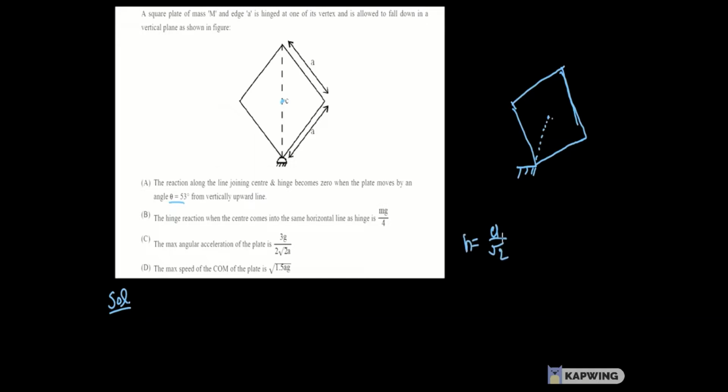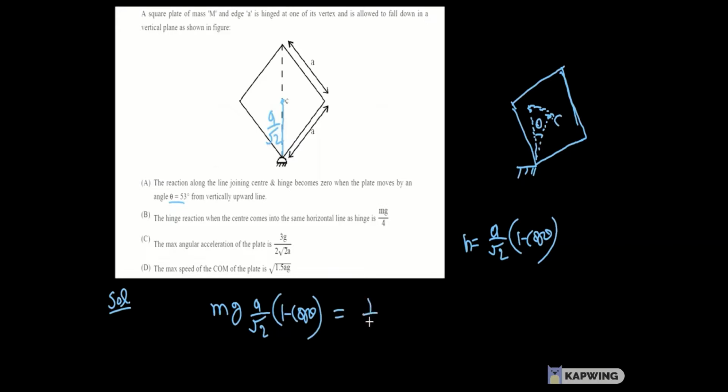2 into 1 minus cos theta in the vertical direction, because the distance of the center of mass from the hinge is a by root 2, and the line joining center and hinge has come at angle theta from vertical. So this is the displacement of the center of mass in the vertical direction. Initially the center of mass was here, so work done by gravity, mg into a by root 2 into 1 minus cos theta, will be equal to the change in kinetic energy, half I omega square,